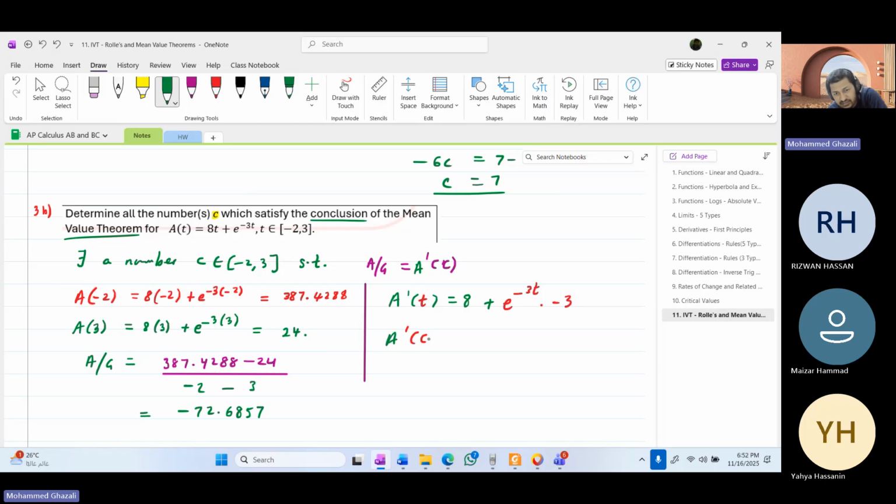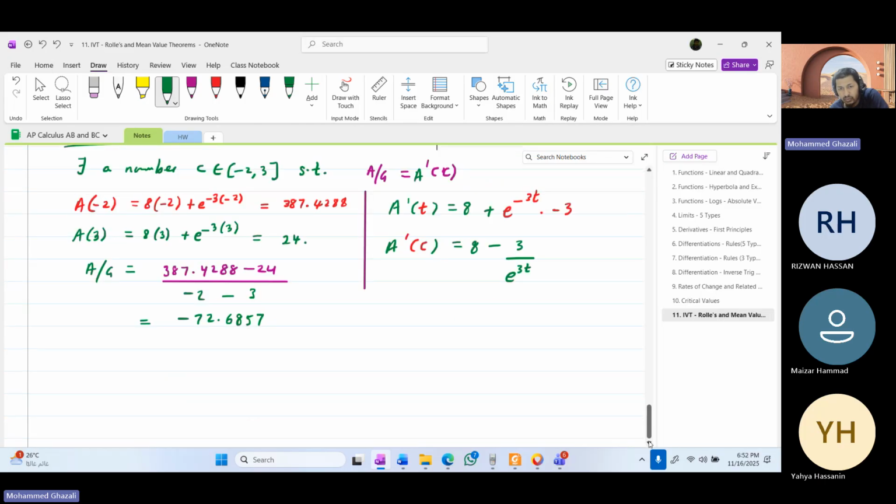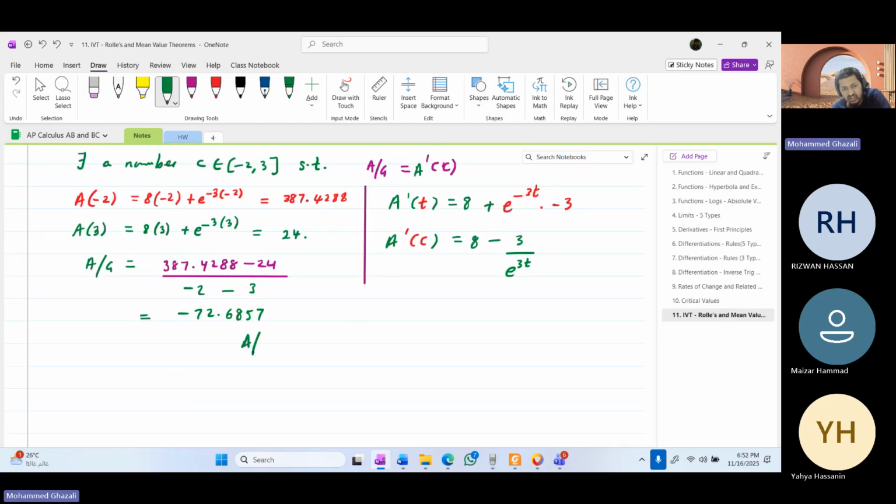So let's see. A prime c is equal to, just for technicality, we change all the functions, all right? So we got 8 minus 3 e to the power negative 3t. Now don't write it out like that because remember you are solving an equation. So minus 3 over e to the power 3t. Yeah, we change it around now. Now we need to equate both. Now average gradient is equal to 8 minus 3 over e to the power 3t. So wait, let me take out average gradient, which is negative